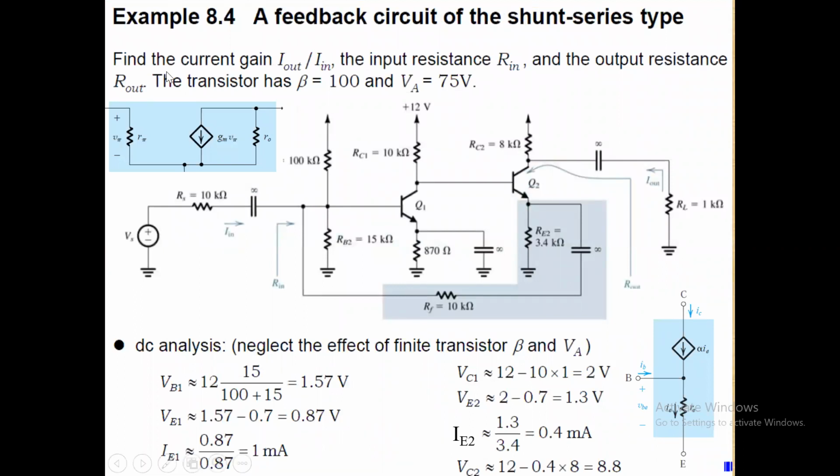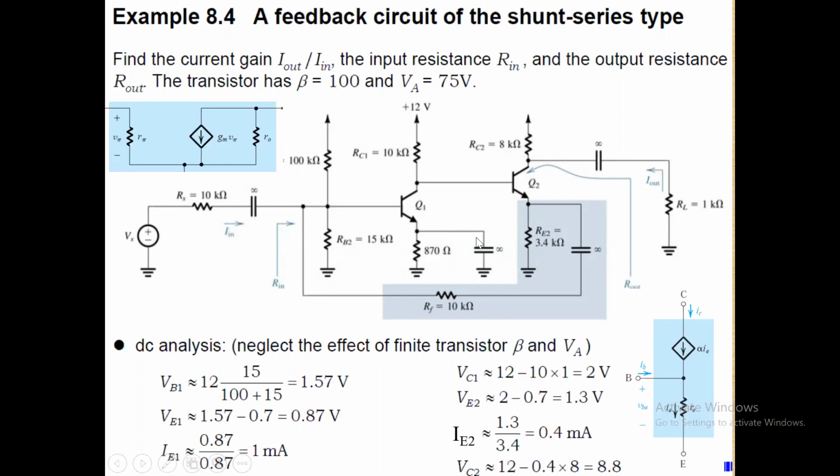So the example is: find the current gain I out by I in, the input resistance R in, and the output resistance R out. The transistor has beta equal to 100 and VA equal to 75. So now this is the given circuit to us, and because we have an emitter,